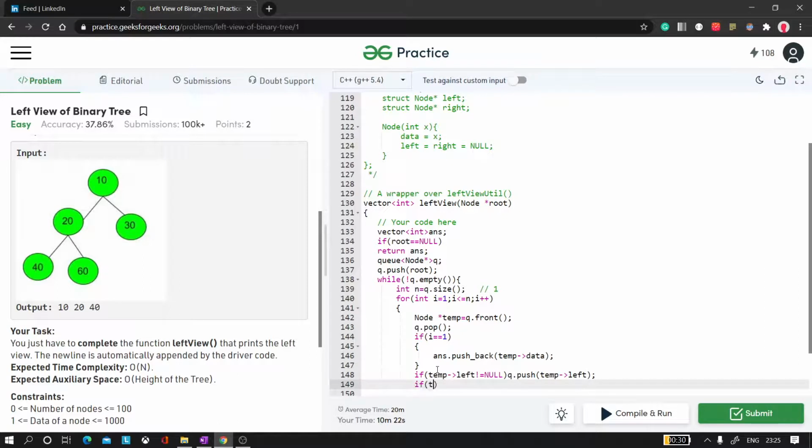Similarly for the right child, if right is not equal to null, we would just push it.